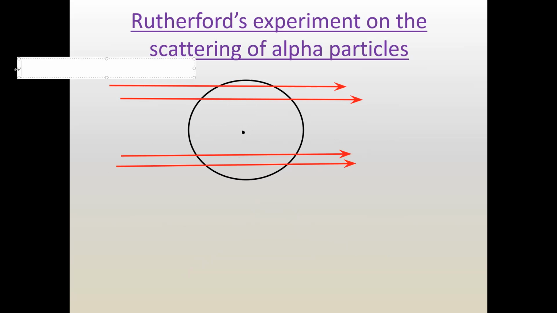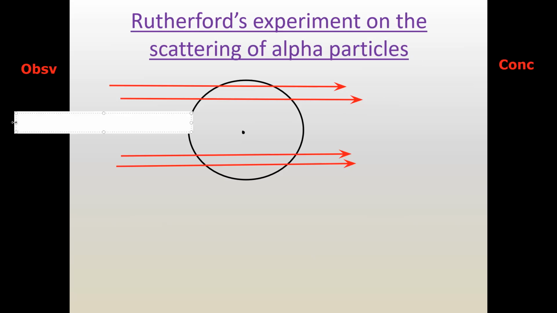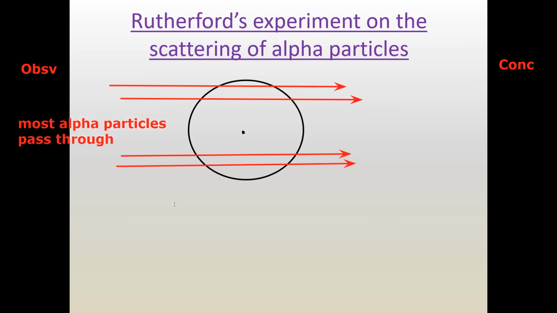So this, on the left hand side, is an observation, what he observed. And on the right hand side is his conclusion, what he concluded. So what he saw, the first thing he sees, is that most of the alpha particles pass through. So what he said, if most of the alpha particles pass through, he said that because most of these particles are able to go through an atom easily,